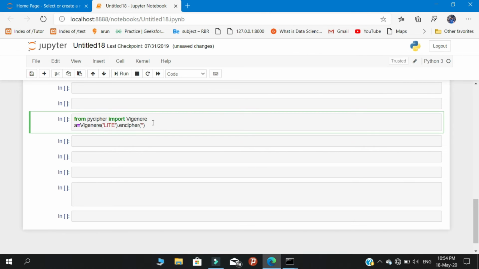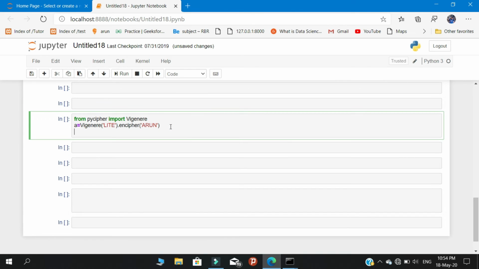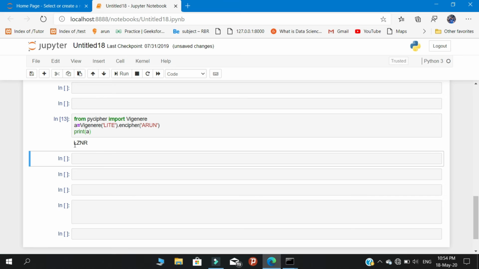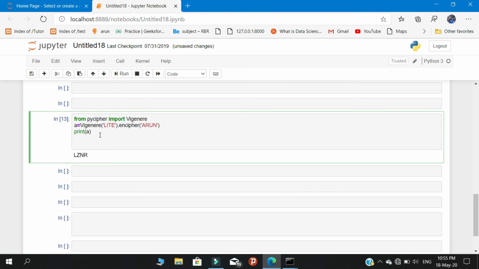The plain text I used is ARUN, and then print A. Let's run the program. So this is our ciphertext. We have already seen this in the previous one, the same thing.